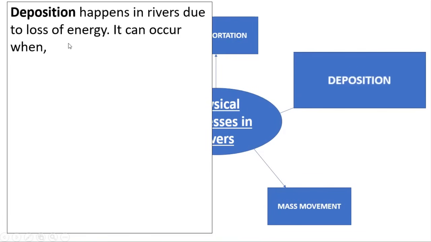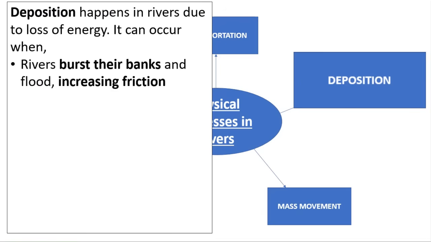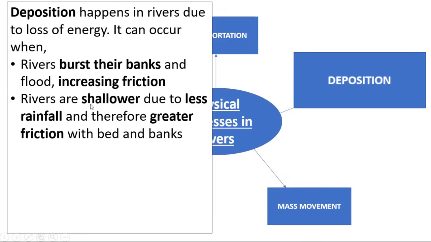Now, deposition is the third section. That happens in rivers because of loss of energy, just like at coasts. It's just that the way that loss of energy occurs varies. So, rivers can burst their banks. That makes them effectively a very wide, shallow river. And because they're more shallow, there's more friction, and they'll deposit their material. Rivers also get shallower because maybe there's less rainfall and there's more evaporation. So because, again, they get shallower, there's more deposition and more friction with the